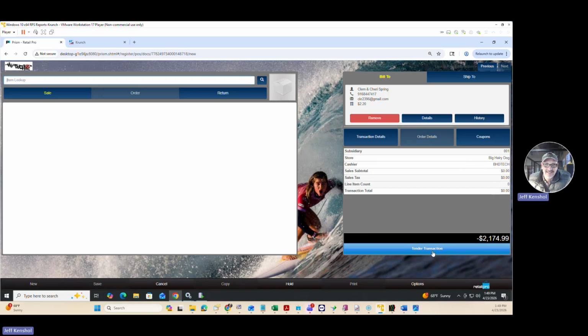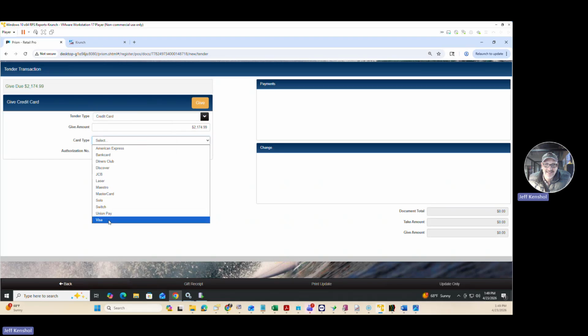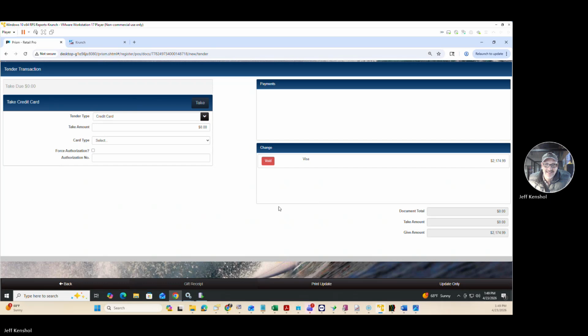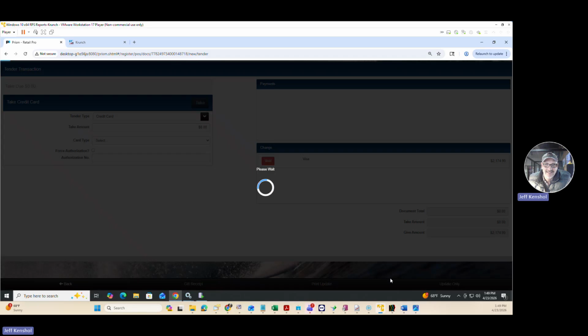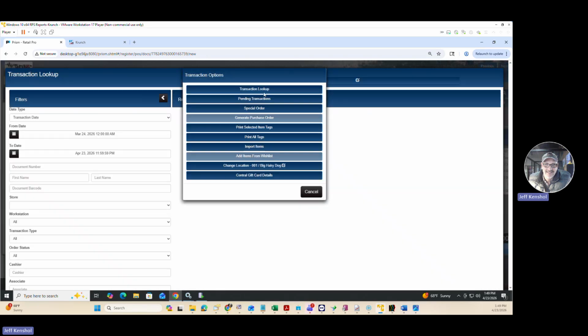So then we go to tender, and we would give that back however we were supposed to give that back. So credit card, say Visa, give, and update only for now. Then we would need to go to options here at the bottom and do another search real quick to find that original transaction,